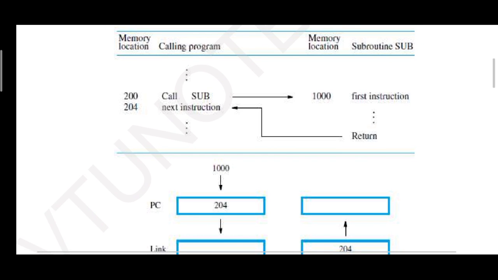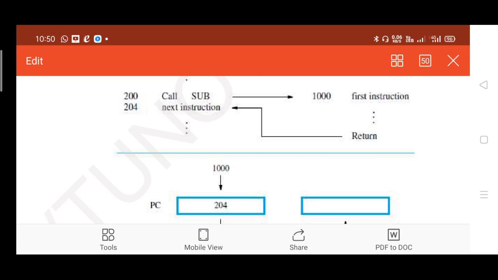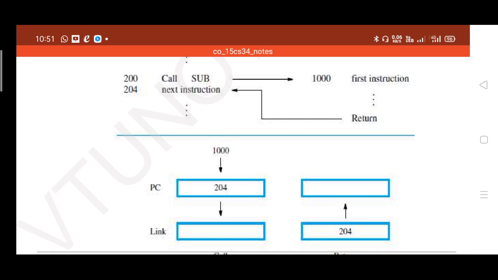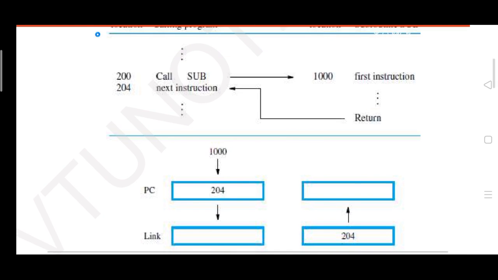So the definition of PC you have to analyze. PC is the one which holds the address of the next instruction.